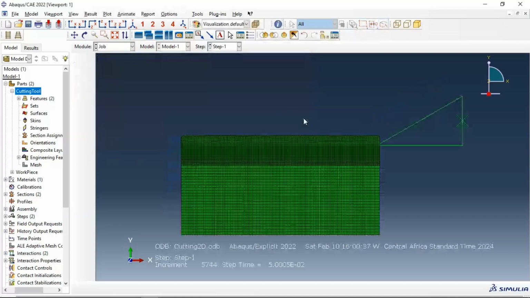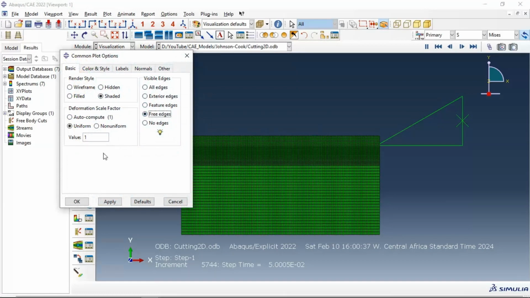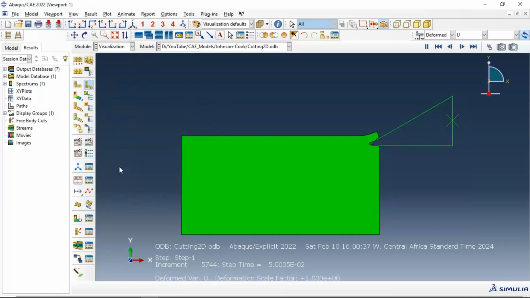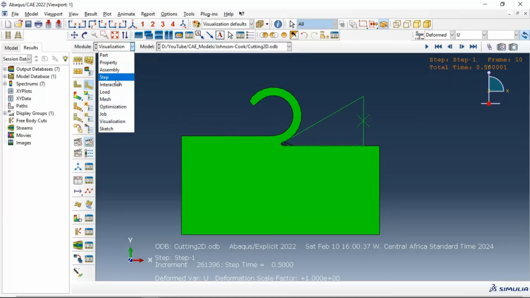Let's go to the result. Let's delete visible edge, free edges only. Okay, and plot our simulation. The cutting tool stops in this position because we start the distance from this point to this point. It takes more, we should be